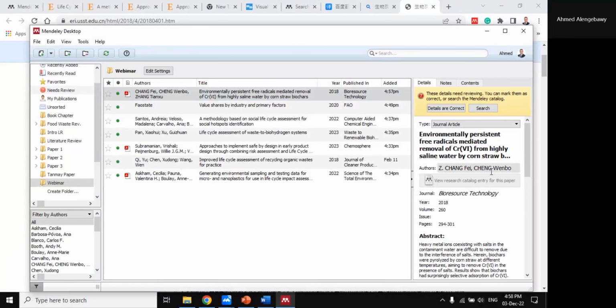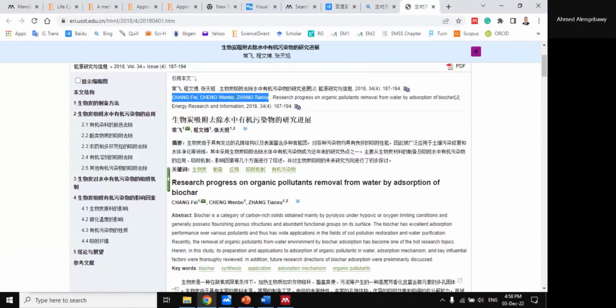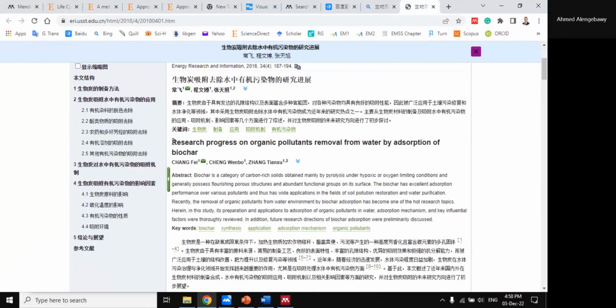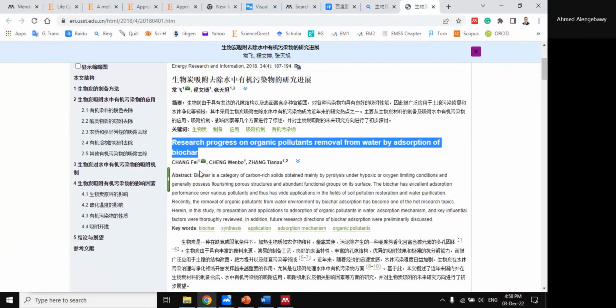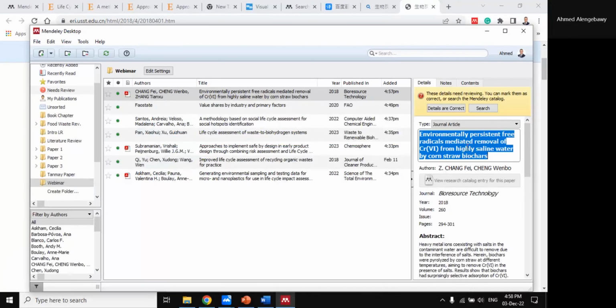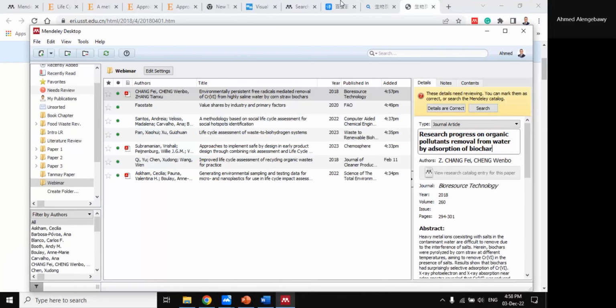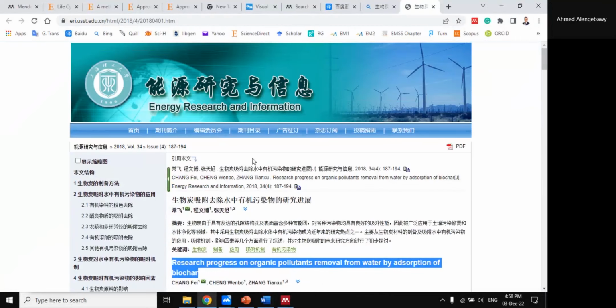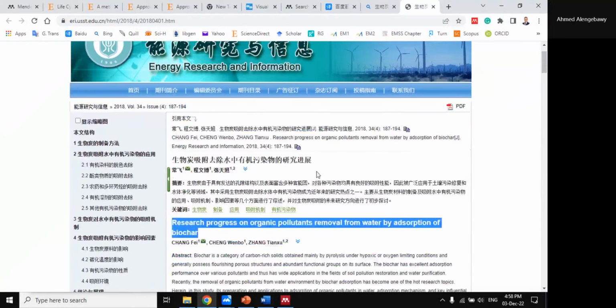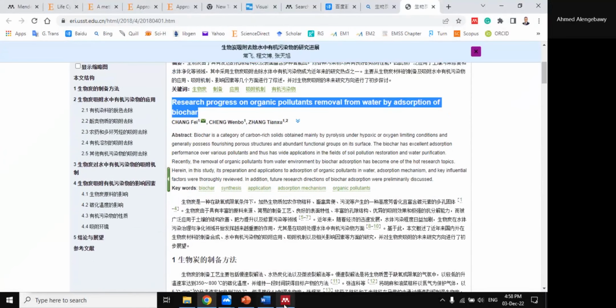So it is replaced here, and you can just replace your information. For example, this is the title, the English title of this article. You can just simply replace it here. It is published by which journal? Energy Research and Information. You can simply write here